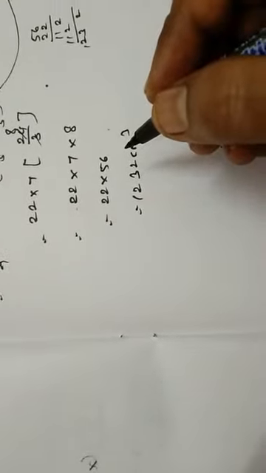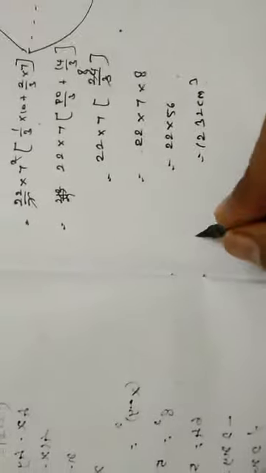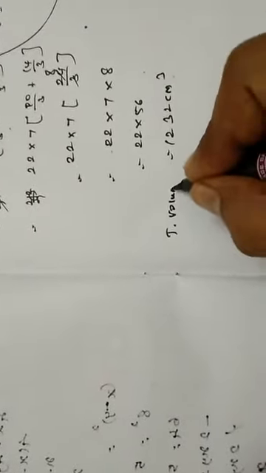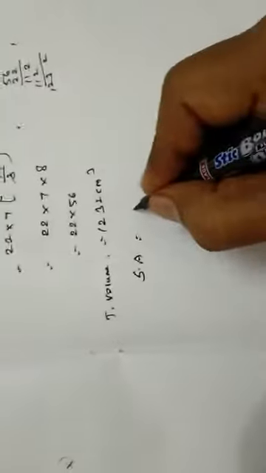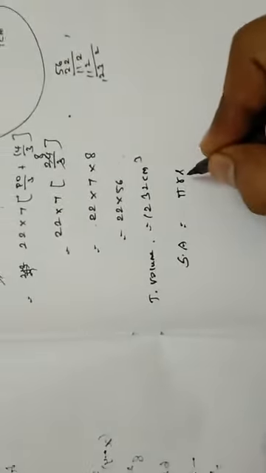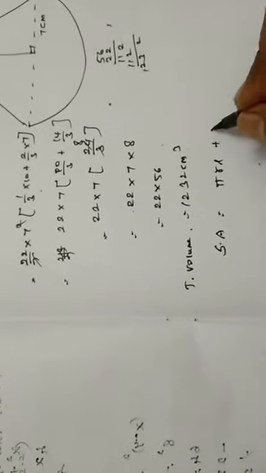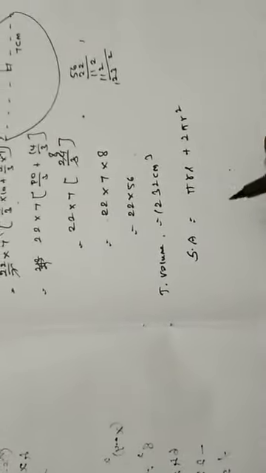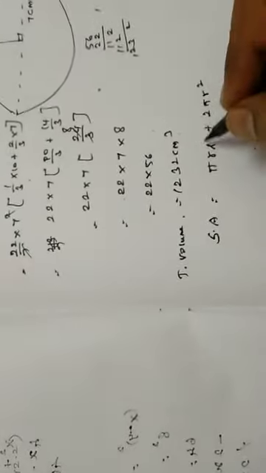So this is your solid toy volume. So toy volume, so total volume. Now we need to find that color paper region. For that we need to find curved surface area of the cone. CSA of the cone is nothing but pi r l, and this one curved surface, that is hemisphere curved surface, 2 pi r square. So here we need l value.